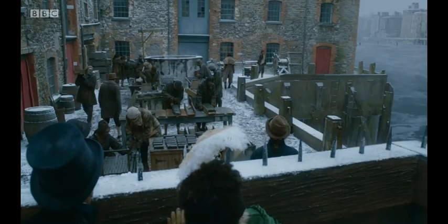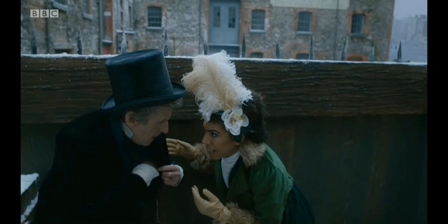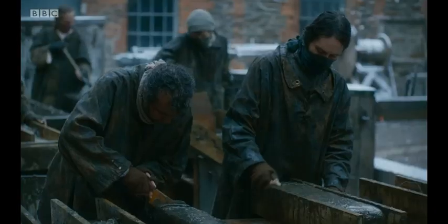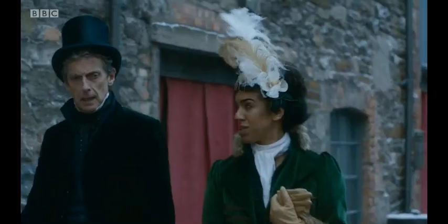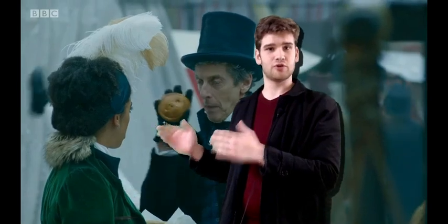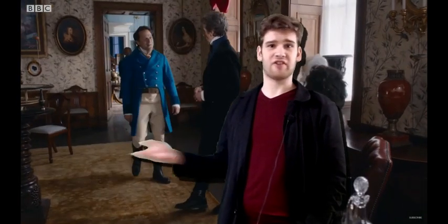Another thing I've noticed is that we stick with the Doctor and Bill throughout the story. We don't cut away to the villain or any other characters. You'd think that would make the world feel less fleshed out, but this focus actually does wonders. Over the course of the story, we meet all different kinds of people. We see every aspect of this depiction of Regency London's social structure and landscape. We see the starving children who have to steal in order to survive. We see the crowds, the general public, the workers and the foreman, and the one they answer to, the aristocrat living in the lavish house. And this brings us very nicely to...